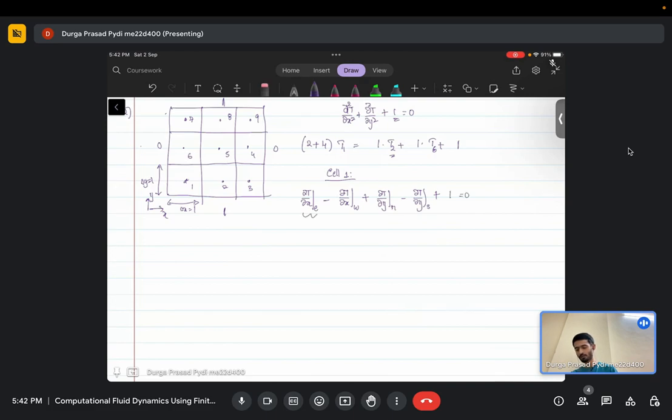So on the east face you have T2 minus T1 where delta x is 1. On the west face you have T1 minus the other value, which is 0, by delta x by 2, it is just a half cell. Plus on the north side you have T6 minus T1 by 1, minus on the south face you have T1 minus the boundary condition, 1, by 1 over 2, plus